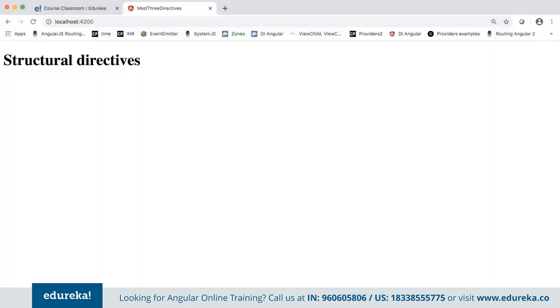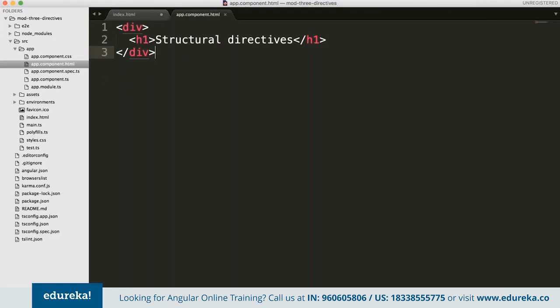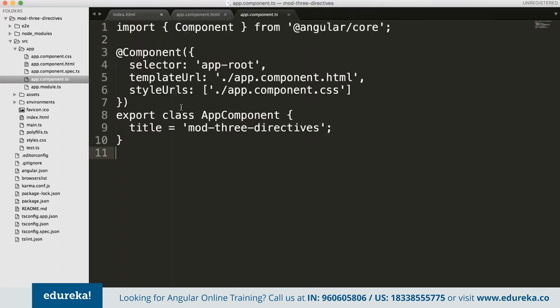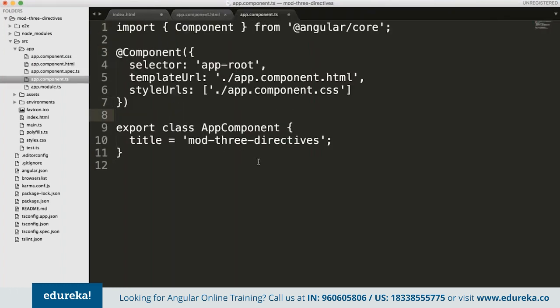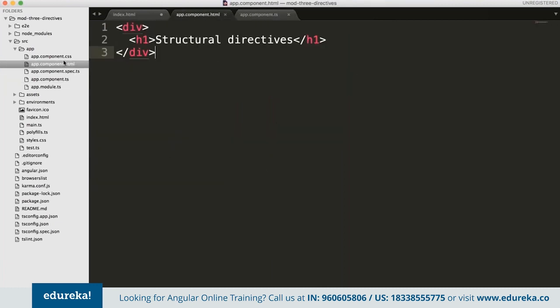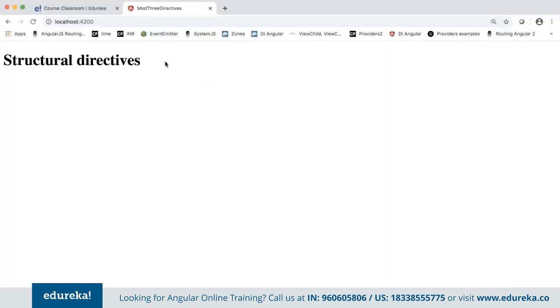So now you have an HTML created. Where does your model sit? Business logic, the component. So inside the component, I'll take a flag, boolean, you can say true, flag variable boolean true. What happens if I use this flag? Go to the HTML page. I don't want to see this structural directive. What should I do? Usually we use style CSS, display none, all those things which we do in the CSS. How do I make my HTML page